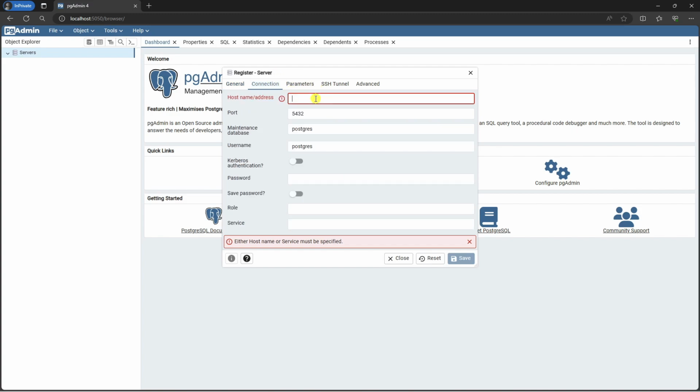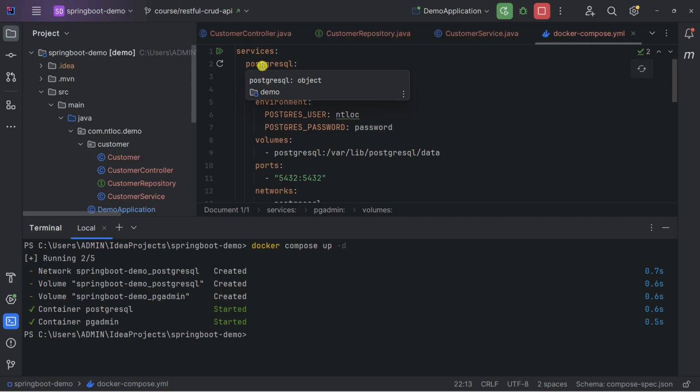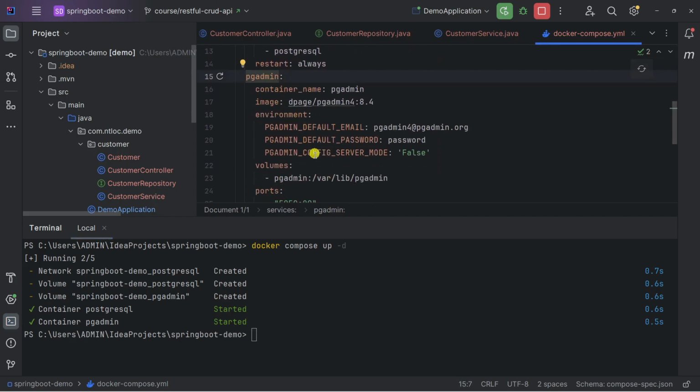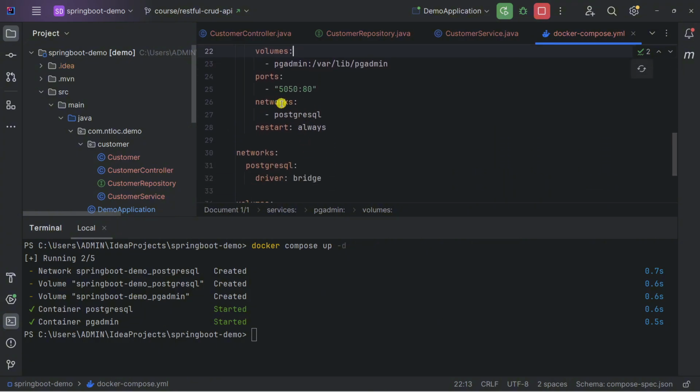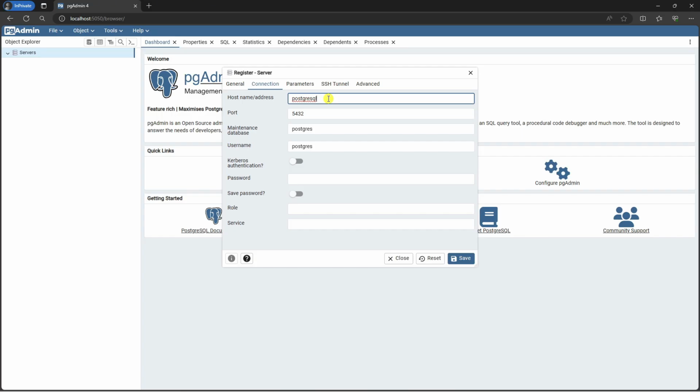For the connection in here, I would like to type postgres. This is because we are running Postgres and pgAdmin within Docker containers and they have a common thing, which is the network. So you can see this is postgres. In case you install pgAdmin or Postgres locally, you need to type localhost in here.